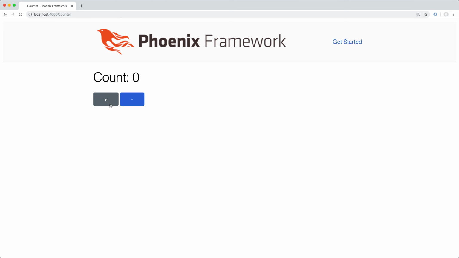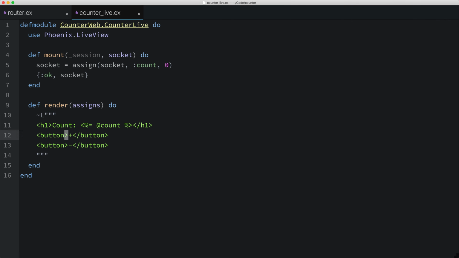If I click on the plus and minus buttons, well, nothing happens because we haven't configured these buttons to work with Phoenix LiveViews, so let's go fix that. To get these buttons working, I've got to do 2 things. First, we've got to add a special attribute to the button named phx-click, and I'll set its value to the string increment. Adding this particular attribute sets this button up to send click events back to the LiveView process that's